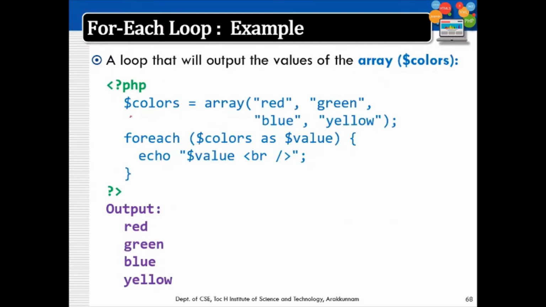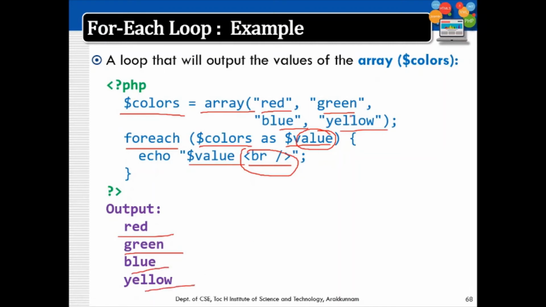So we don't have to worry about a nonexistent index or anything like that. So here is an example. I have an array $colors. So this is a keyword to use an array. So I have different values: red, green, blue and yellow. So this is how we use the foreach statement. foreach $colors as $value. So this value will be printing all the values one by one. So echo $value. For giving a new line, I am using the BR tag. So it will be executed and the output will be red, green, blue and yellow. So this is how you use the foreach loop.